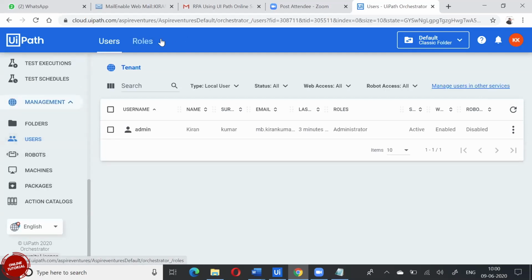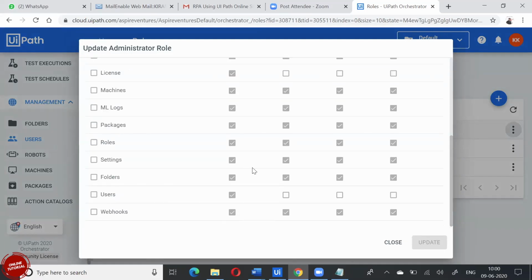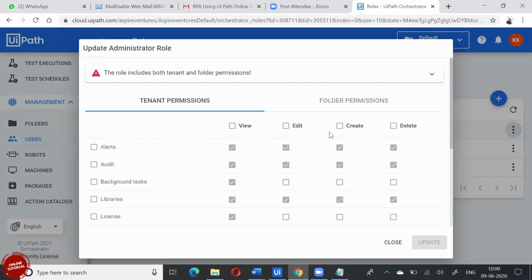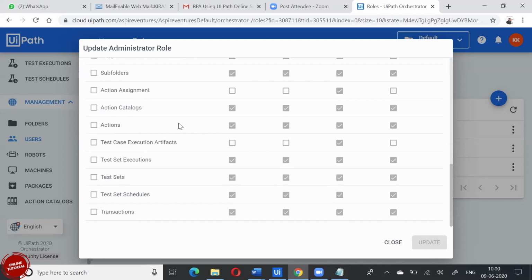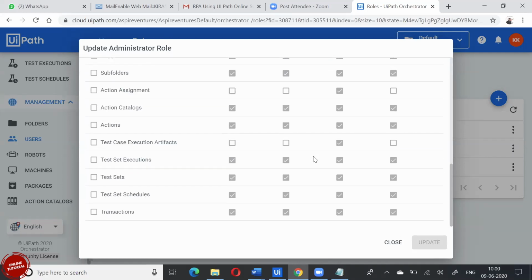If I go to users, if I go to roles, you can see administrator here. If you go to administrator, you can see everything. Permissions are given for you to view, edit, create, delete, structure-wise also, for whatever screens you're seeing. If you want somebody only to view, so they can't edit, create, or delete, you can give a view permission. If you don't want them to see this at all, just remove every check mark. It will not even come, though your UiPath has that. For them, that is a completely unknown feature. For them, it's as good as if it doesn't even exist.